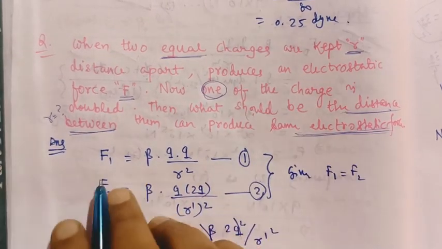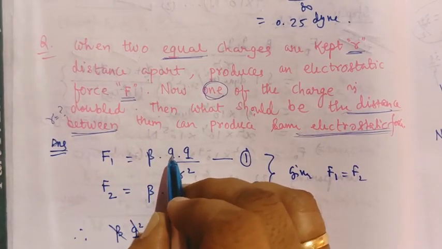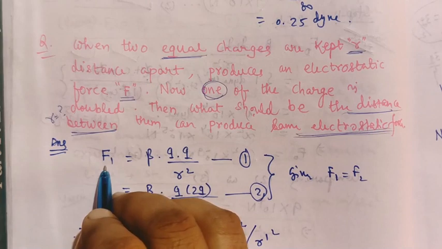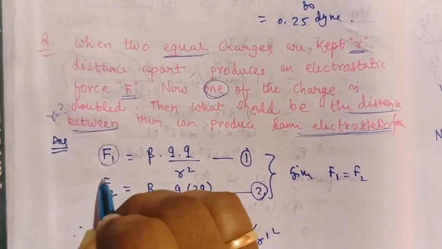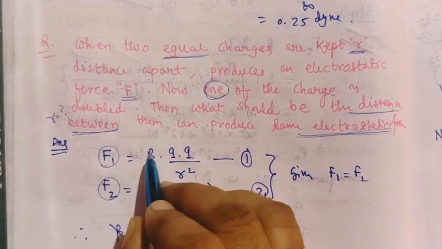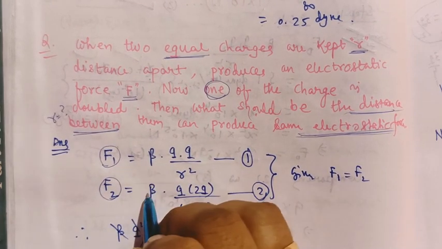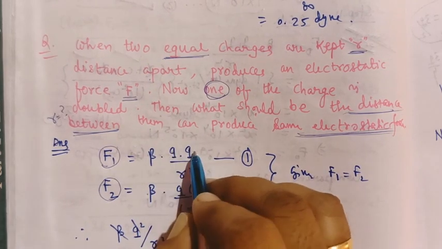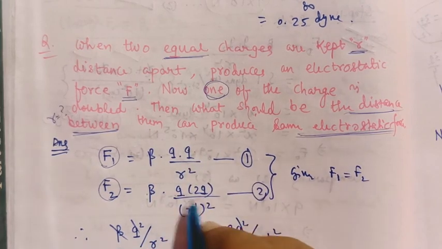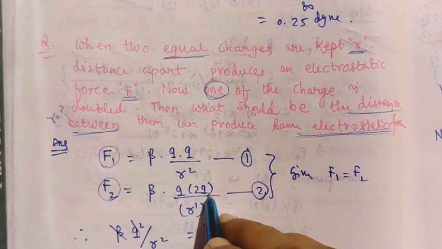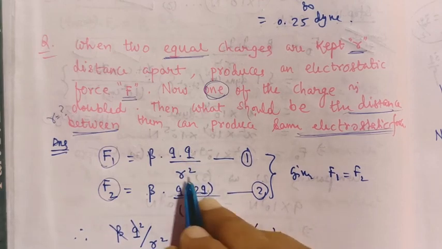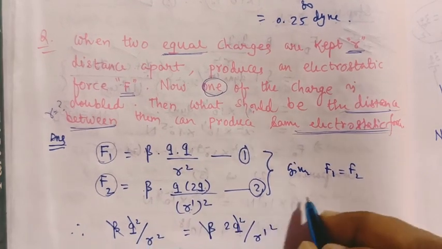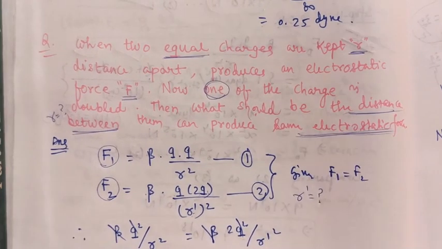There are two steps. First step, same charge means we have taken q and q, distance is r. This is the formula. First force, case 1, so I have written F1 here. In the second case I will write F2 here. In the first case beta, in the second case beta is the same. The proportionality constant does not change. It will only change if the medium changes. In the first case one charge you have taken q, another charge you have taken q. In the question it is given that one of the charges is doubled. That's why this charge we have taken double. Instead of q we have written 2q. In the first case distance is r. In the second case distance is asked, so I have written r dash here. That means we have to calculate r dash.